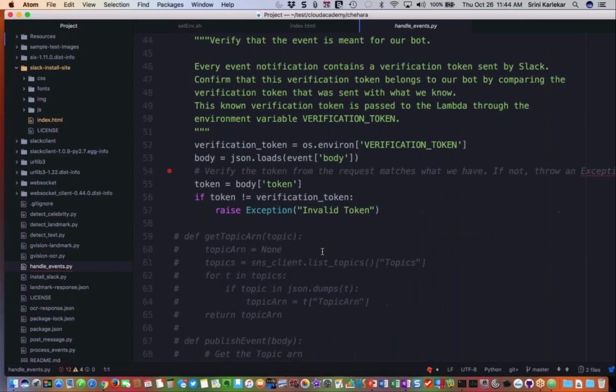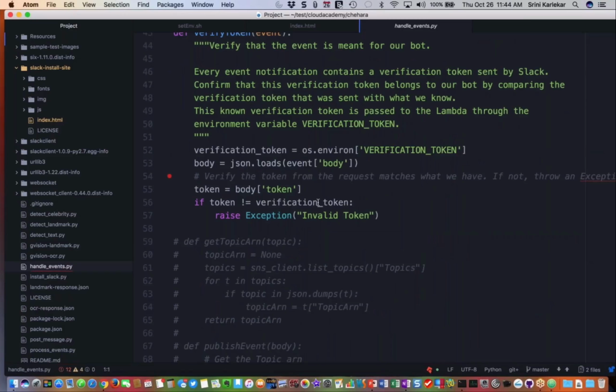The way, again, you can look at that sequence diagram I have in the slide. Basically, what it does is there are two things that Slack wants you to do. First time you provide the URL, Slack will verify that it is sending the events to the right URL and it belongs to you by sending you a verification code. You have to match that verification code to your verification code, and if it's good, you send a challenge back. Otherwise,